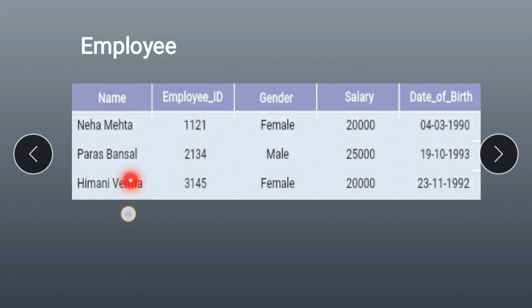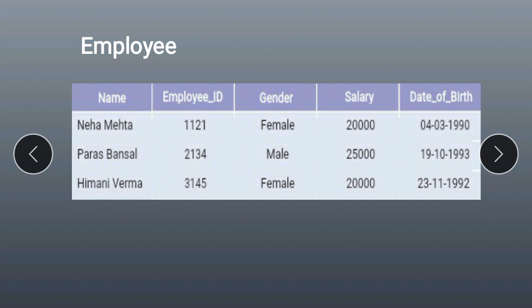These are the columns, and we call these attributes. Next is the table. The name of the table is employee, so we call it a relation. The name of the table is specified as the relation.